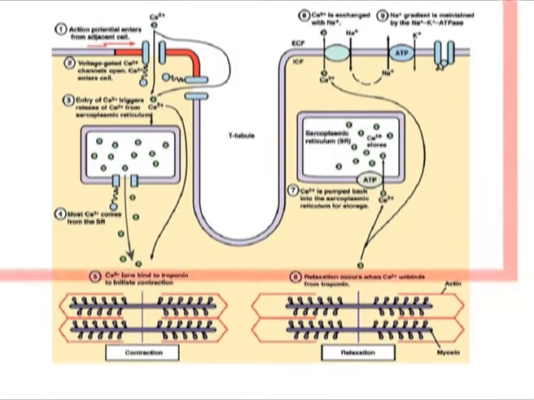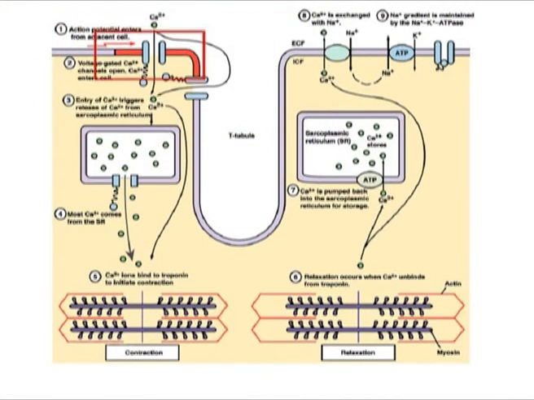If you look at the next picture, you will be able to make out that the calcium gets into the sarcoplasmic reticulum through the calcium channels. Also, calcium is supplemented through the sarcoplasmic reticulum and it is made available for binding with the troponin. Troponin is a contractile protein present in the sarcomere. Now, this contractile protein binds with calcium and contraction occurs. During relaxation, the calcium is unbound, that is, it is made free, and the calcium is taken up by the sarcoplasmic reticulum, or it is actively pumped out from the sarcoplasm.